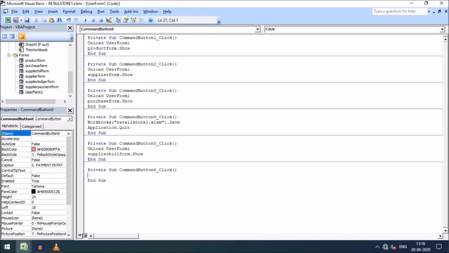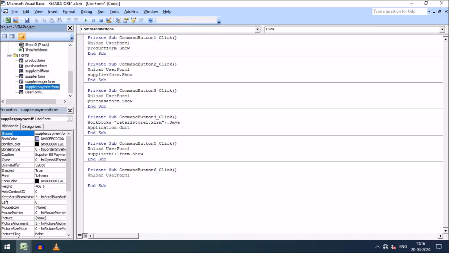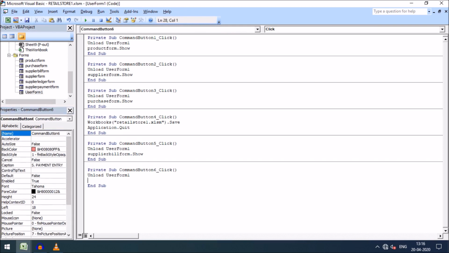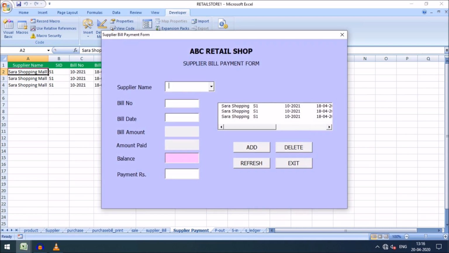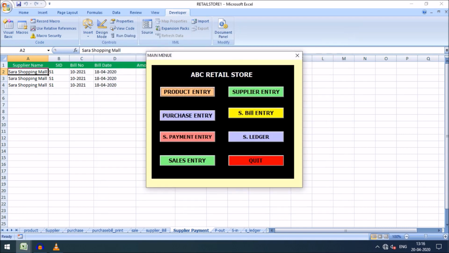So I unload the user form, I can copy this, and here I can write supplier payment form dot show like this. So if I run my menu here and click this, yes, it is being shown, and if I click on exit, yes, it is going back to my main menu.